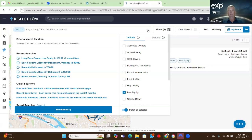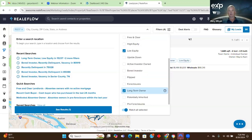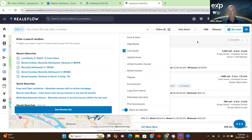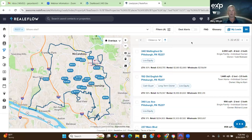In fact, let's do that. Let me take off long-term owner. So I've got long-term owner, low equity, FHA, 22 of them. So you now know which properties in McCandless have nice low interest rate mortgages that are assumable and have low equity. And if low equity, what that means is, if you hover over that,